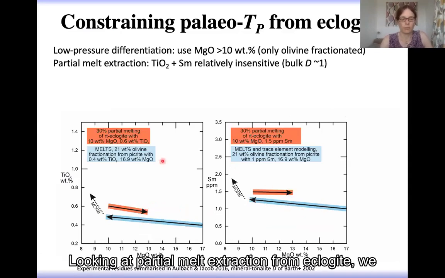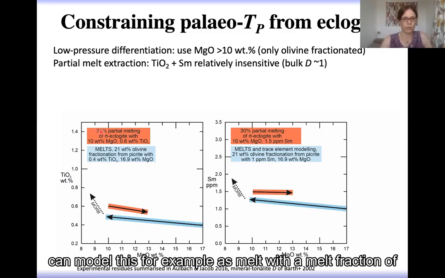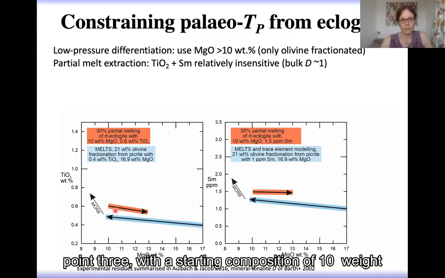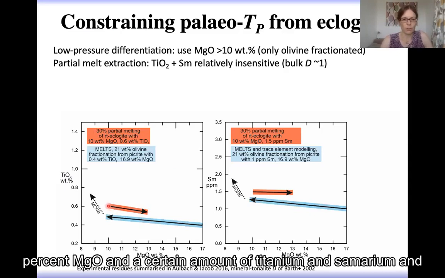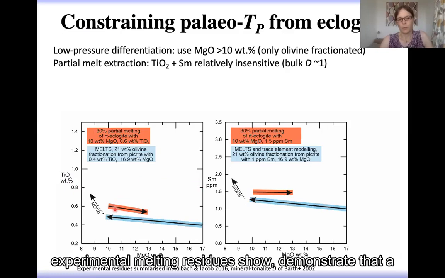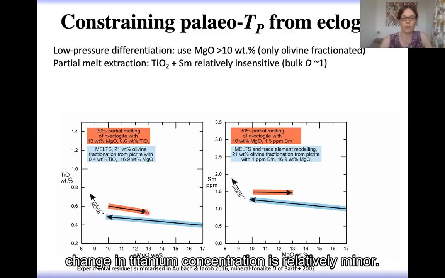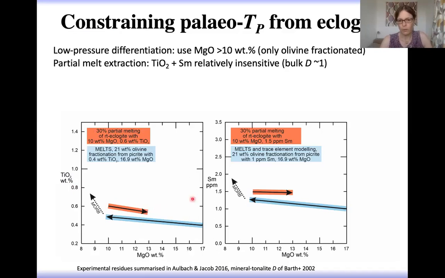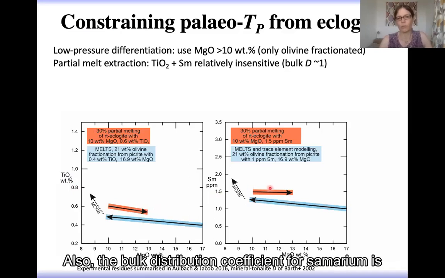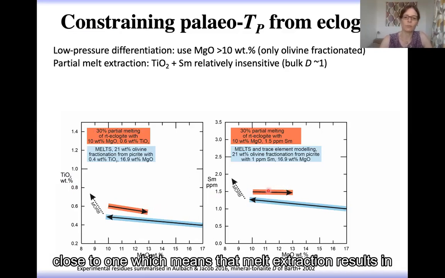Looking at partial melt extraction from eclogite, we can model this, for example, as a melt with a melt fraction of 0.3, with a starting composition of 10 weight % MgO and a certain amount of titanium and samarium. Experimental melting residues demonstrate that the change in titanium concentration is relatively minor. Also, the bulk distribution coefficient for samarium is close to 1, which means that melt extraction results in little change